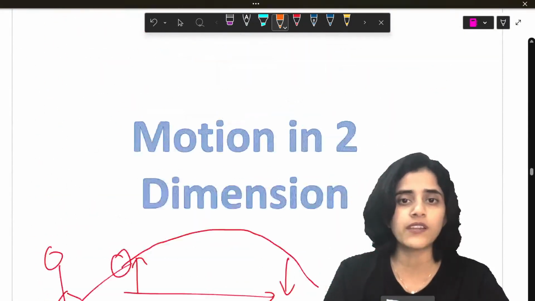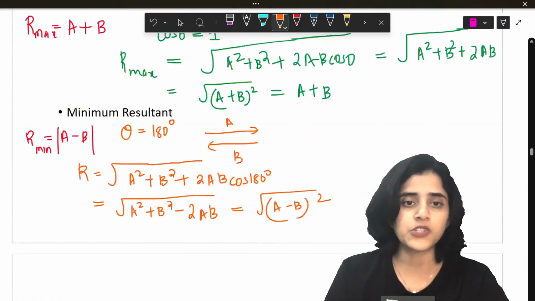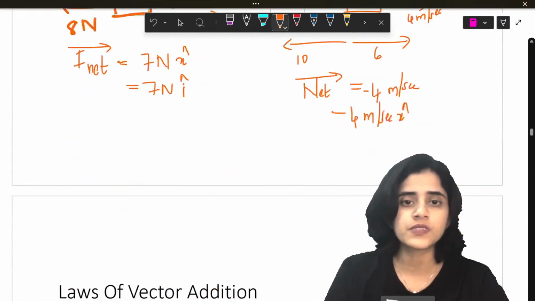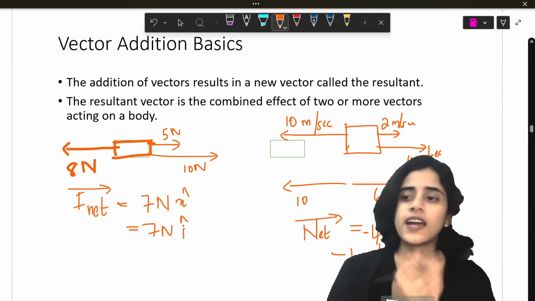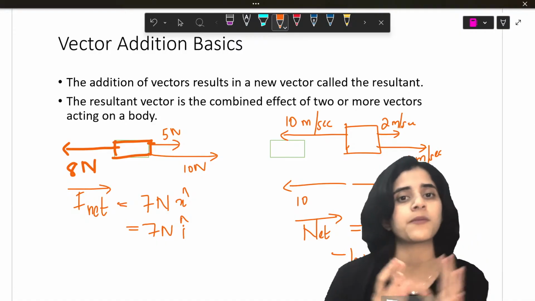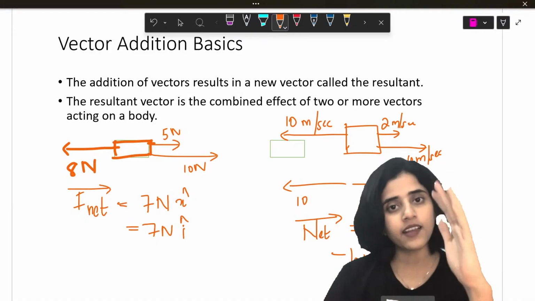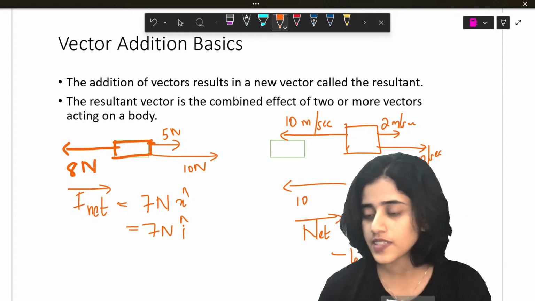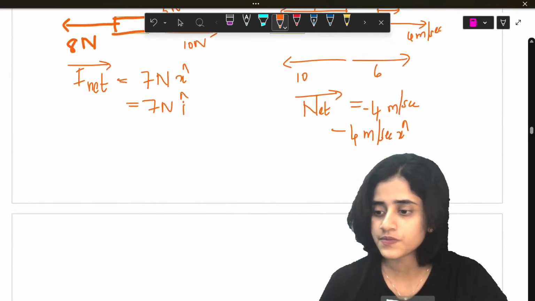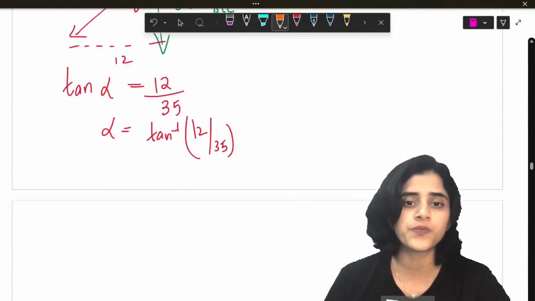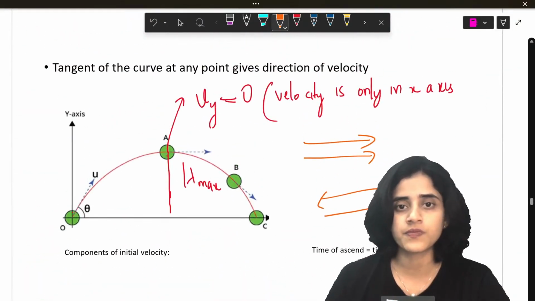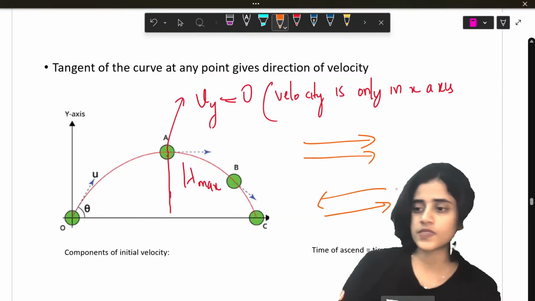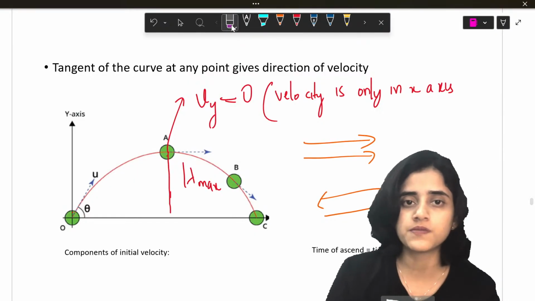Like this example where I have done it. Let me show you. See here, there is no angle. One is forward, one is backward. So here I have just added them or subtracted them. But if the vectors are at an angle, you need to use the formula. Is that clear, Raj Gowda? I hope it's clear to you. Is it clear, Raj Gowda?